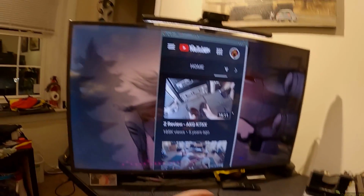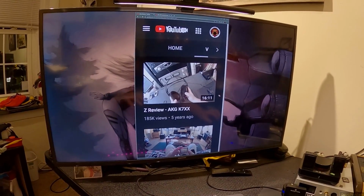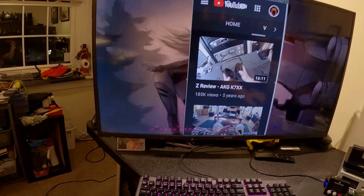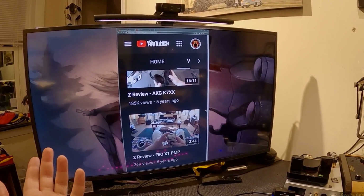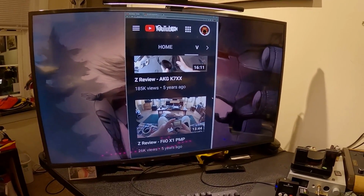I'm trying to get them to not have that, but it looks like I'm going to have to just sell them as is. Yeah, K7XXs are the slightly less 712s, and they were like half the price of 712s at the time. So bravo to the AKG for even just keeping those things alive. And now,